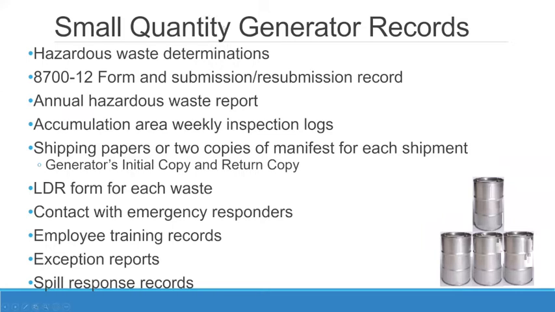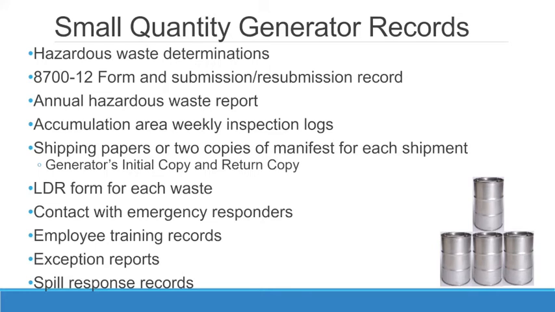As we talked about in the last session, I need to know for sure my waste streams, are they hazardous or not? I need to have a copy of my 8700-12 form and any submissions or resubmissions in terms of updating the types of waste that I generate. State of Wisconsin requires an annual hazardous waste report, which we covered in the next session, so I need a copy of my hazardous waste report. I need my accumulation area weekly inspection logs. I need my ship papers, basically 2 copies of the manifest, as well as my land disposal form for each waste stream. Any contacts I've had with emergency responders to coordinate any efforts, I need to have documentation,